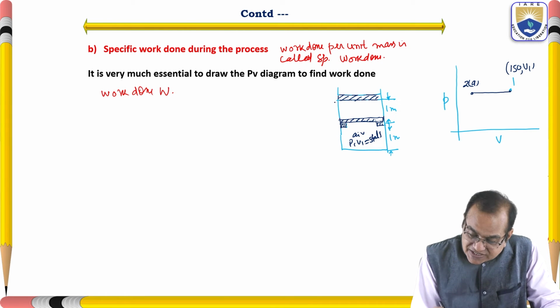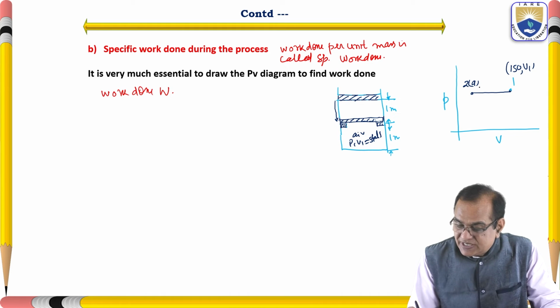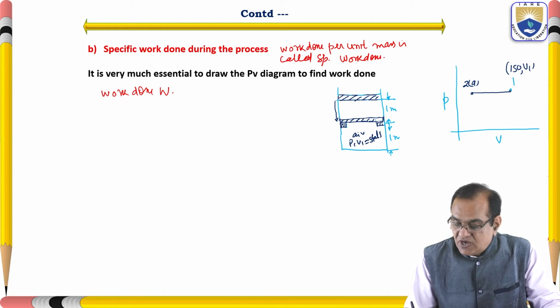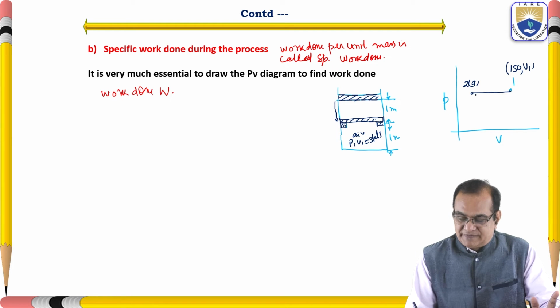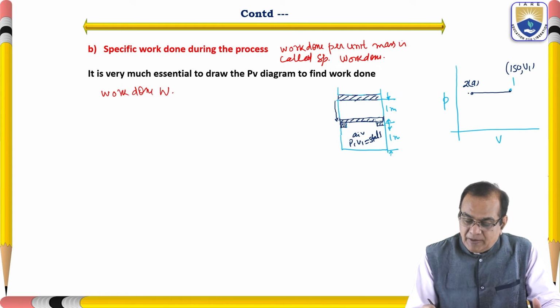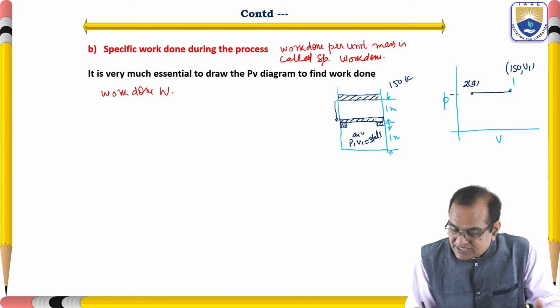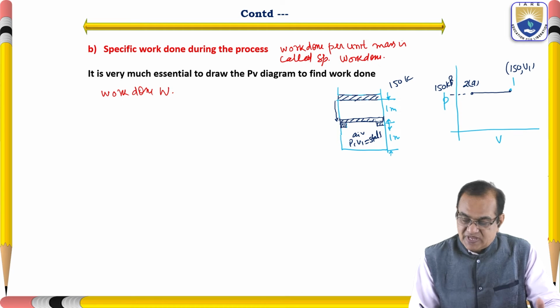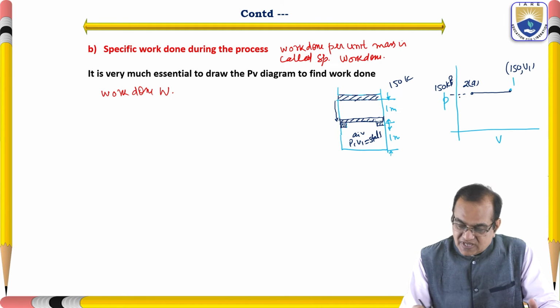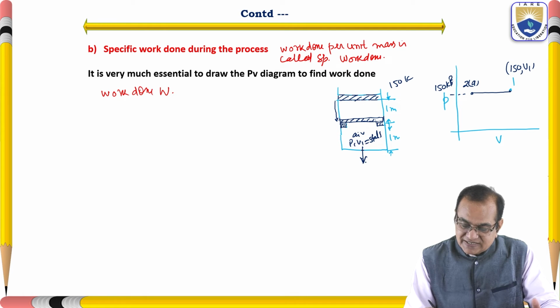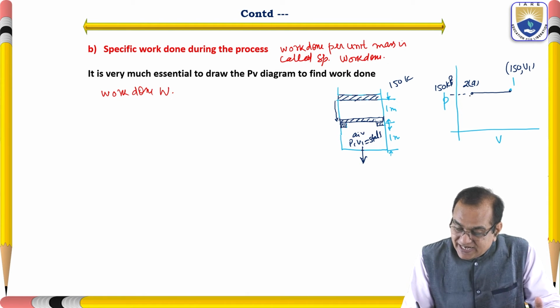Means till this time from here to here, it is not touching, just above. It is a constant pressure process. 1 to 2A is constant pressure. And up to here, the pressure is given as 150 kPa. As it is heating, and you are removing the heat, after removing the heat, you will see that it is a constant